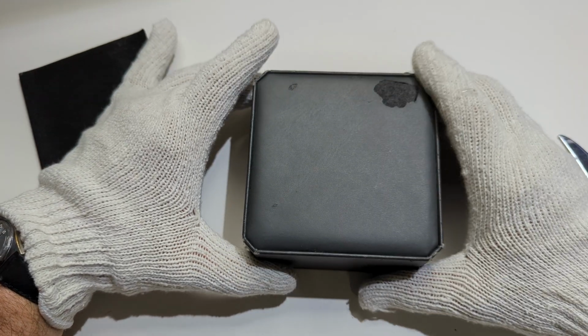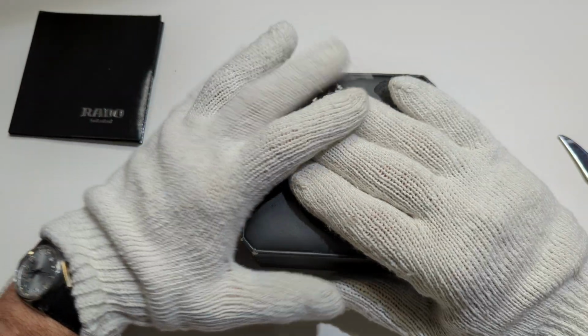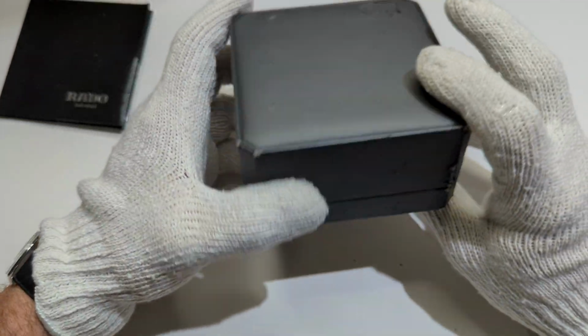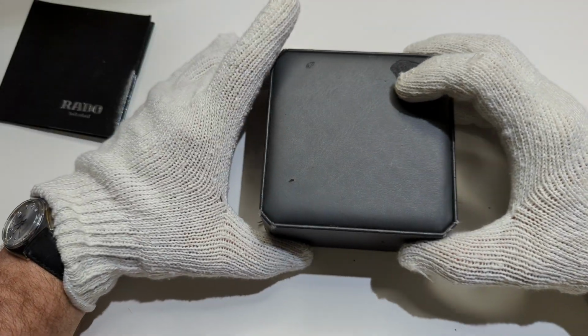So this watch is from 1996. It is a bit of a vintage watch. I love the vintage watches. I was more interested in the watch itself. I'm really happy that it comes with the original box, albeit a little on the beaten up side, but that's okay. Again, 1996 comes with the information, and